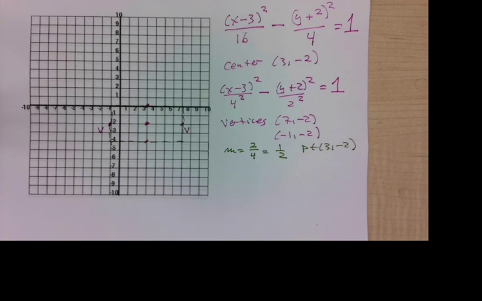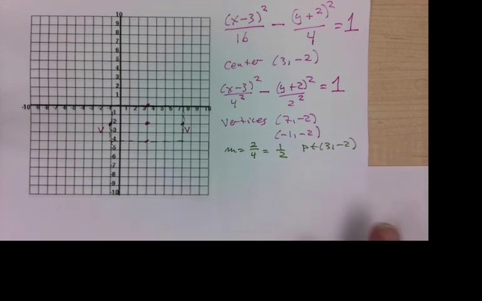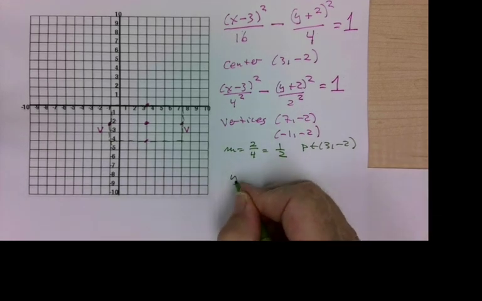So to find one of my asymptotes, I have to find the equation of the line with that slope through that point. I like to use y equals mx plus b to do that. So let me go ahead and show you that process. So if I have y equals mx plus b,